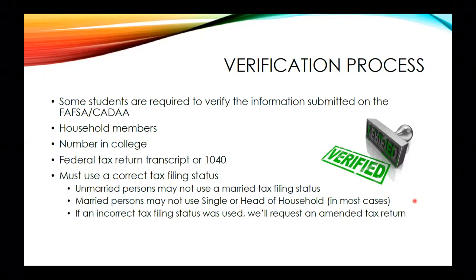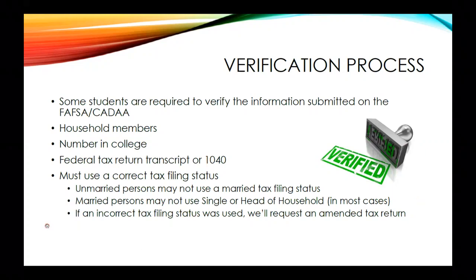So keep in mind, if you're an independent student, so you're 24 or older, or you're married or something, one of the other things, then you're not just reporting everybody who lives in your house. You're only reporting the people that you support, who are part of your household. So it's you, your spouse, your kids, right? If you're dependent, then it's you and your parents and your siblings. That's who's the household, and other people that your parents support.